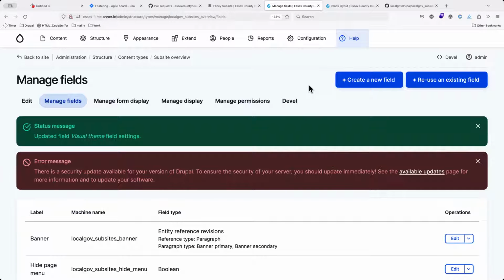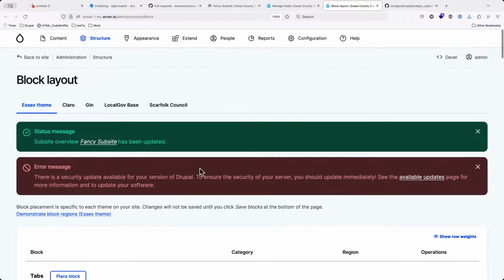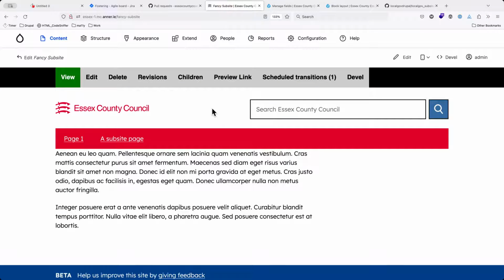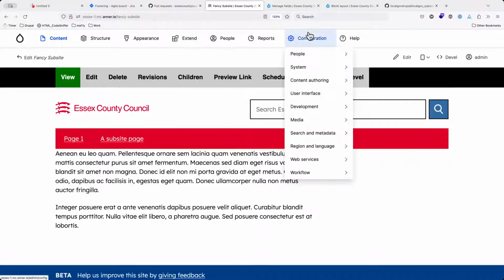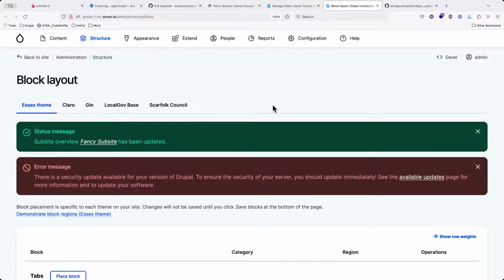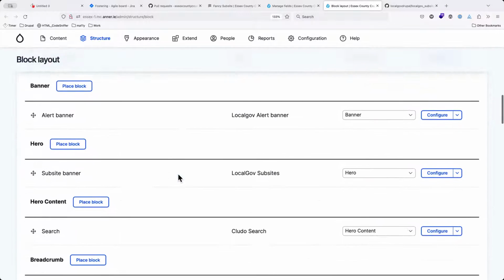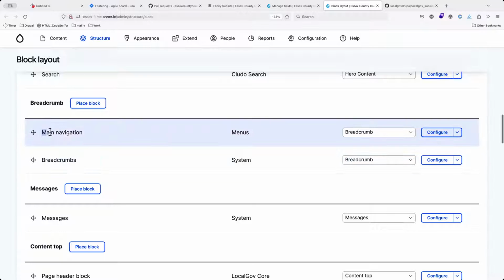After that, then you need to place these items inside a menu. So what I've done with it, just because here on Essex County Council we don't actually use a main menu anywhere, so I'm using the main navigation for this. I would suggest you probably create a new dedicated menu and a new dedicated region in your theme for the Subsites Extras menu. So what I've done here is I've just placed the main navigation, just for handiness sake, inside the breadcrumb region,